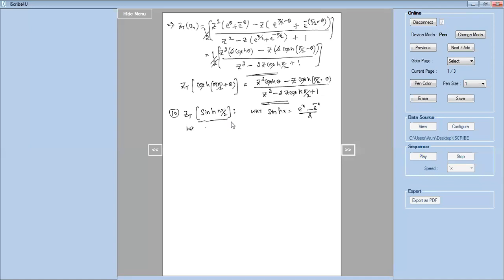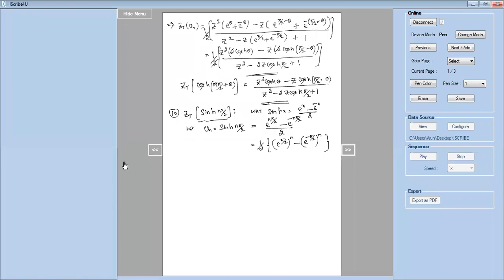Let us choose un equals sinh of n pi by 2. According to this formula, I can write this as e power n pi by 2 minus e power minus n pi by 2, divided by 2. Correct? In place of x, what do we have here? n pi by 2, so we have taken that. This can be written as 1 by 2, we'll keep it outside, e power pi by 2 whole power n minus e power minus pi by 2 whole raised to the power of n. So that n we have taken to the power form.